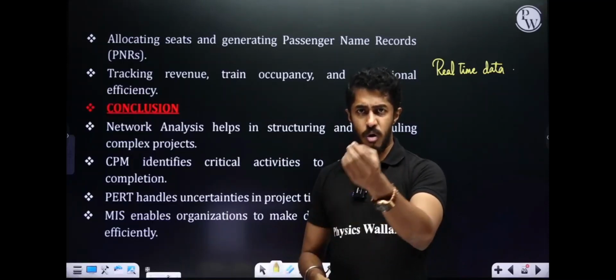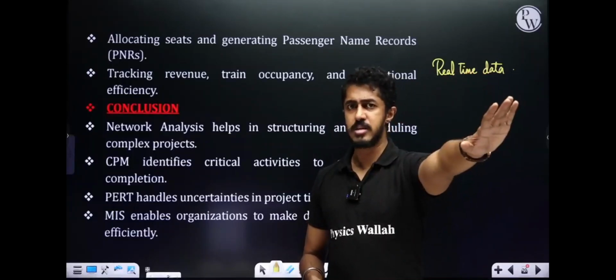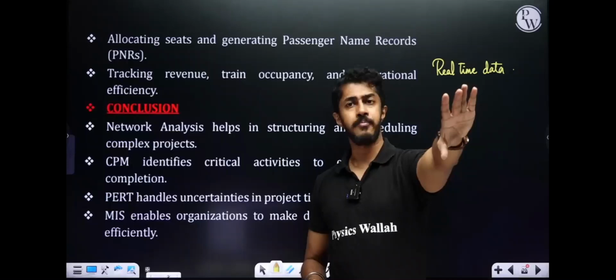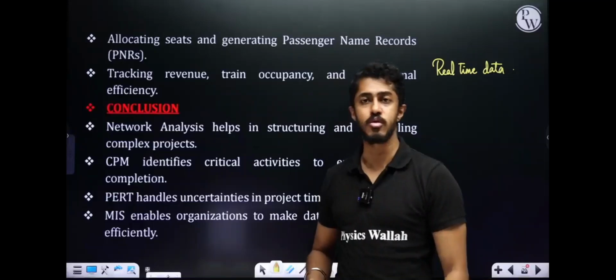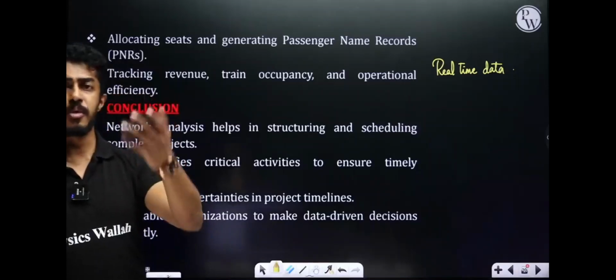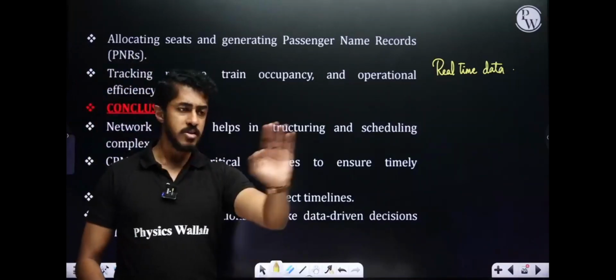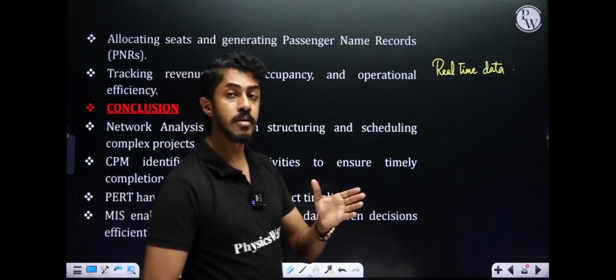Within 2 months or even 2 weeks, you can say, look, for 1 month you are not working properly. You can tell them. After 1 month, still no change, 2 months no change, 3 months no change, still running at a loss. You can pull them up. What are you people doing? 3 months the PSU is running at a loss. What is happening here? You can directly question them.